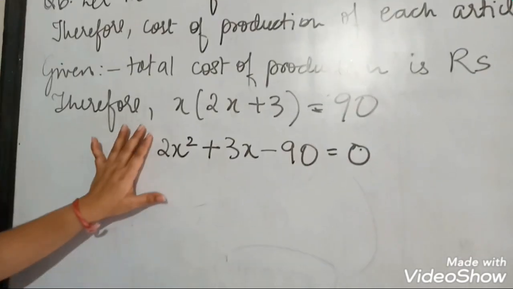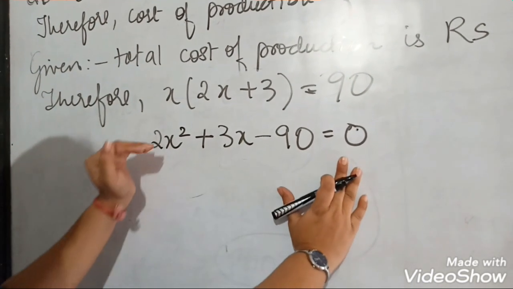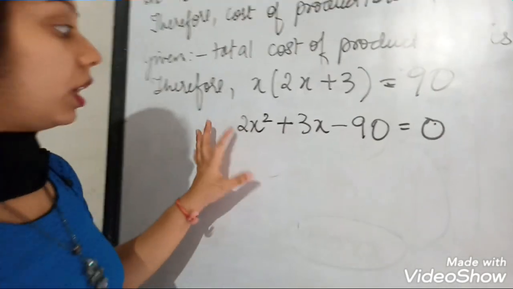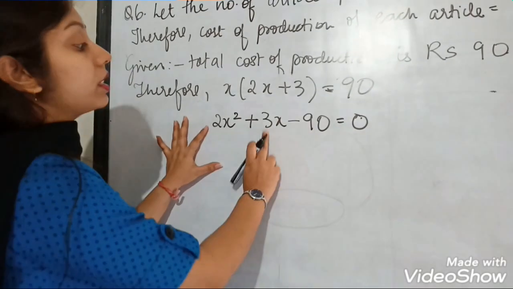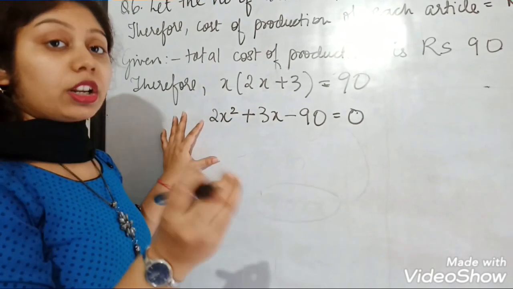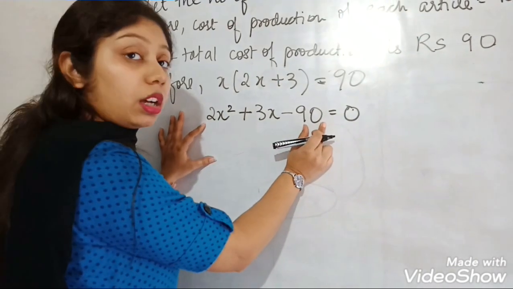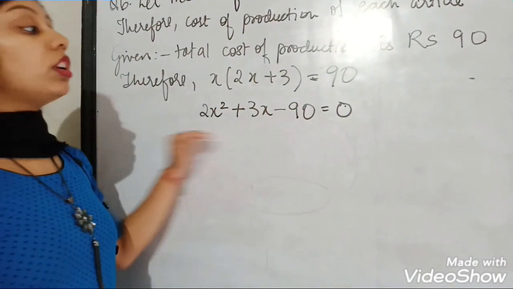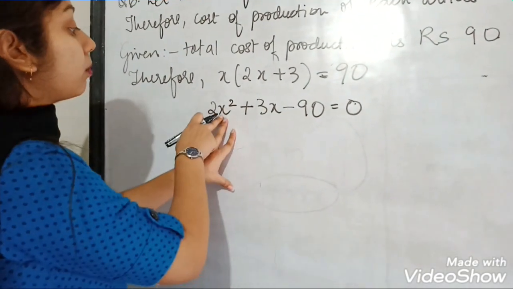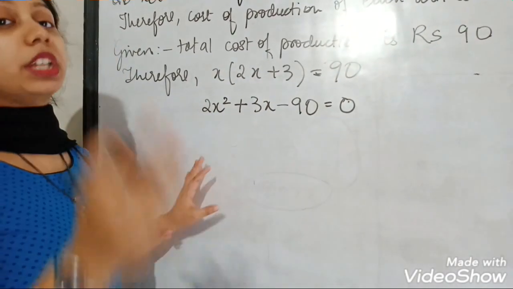Now children, what we were doing in the previous questions, we were dividing the whole equation by 2 because in every term there was a number which was divisible by 2. Now over here I can write dividing by 2, but this 3 will not be divisible by 2. So what are we going to do? I told you to find out the LCM. We take the x squared coefficient and the constant. Since I am not dividing the whole equation by 2, I will take the coefficient of x squared and the constant, multiply them, and take out the LCM.